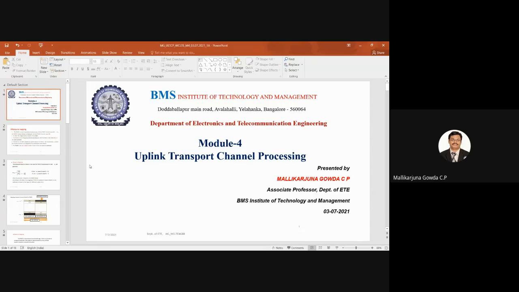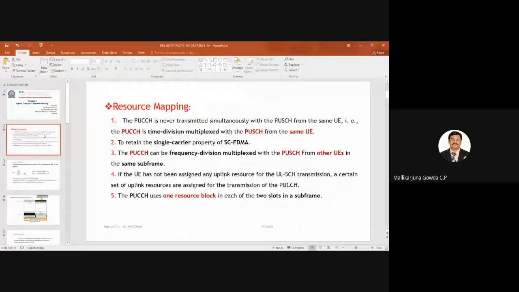What we discussed yesterday is all about uplink control information. The next thing is let us see how we do the resource mapping in the uplink transport channel processing. As we were discussing, the physical uplink control channel and the physical uplink shared channel